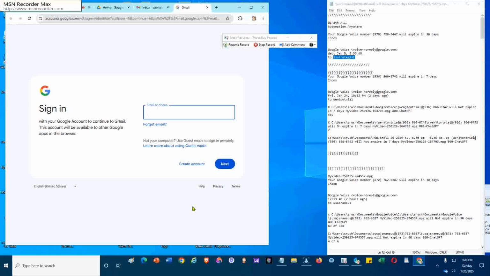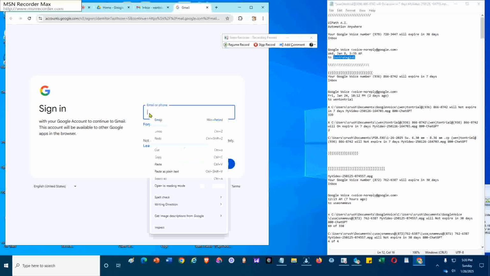Add another account once, and then paste it in my notes.